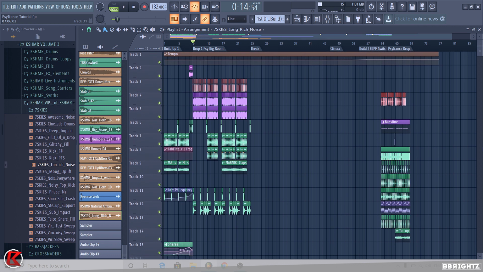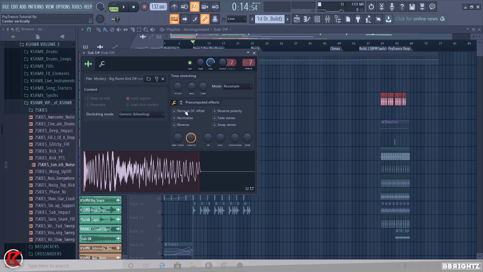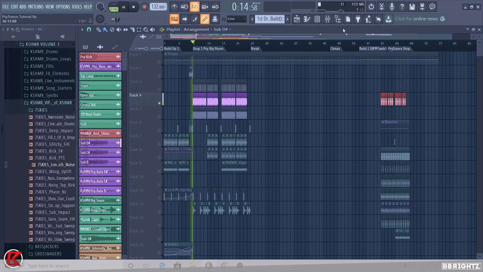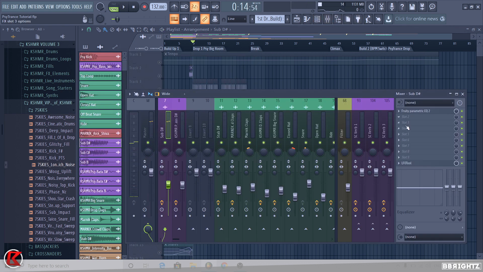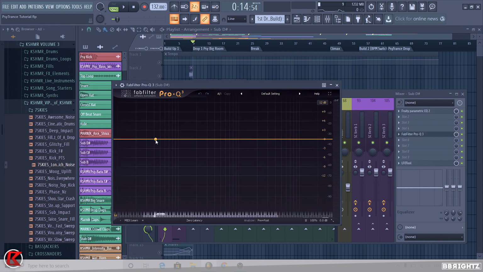Next I wanted to add a bit more sub to the sub kick here. I'm pretty sure we're working in D sharp, if I remember rightly. Yeah. So what I wanted to do is add a FabFilter Pro-Q 3. You see in the bottom here you have a piano roll. So you can either double click D1 and it gives you the note, which is 38 Hz,